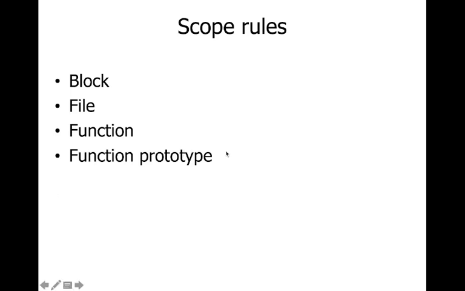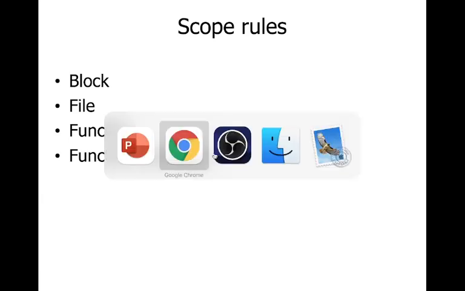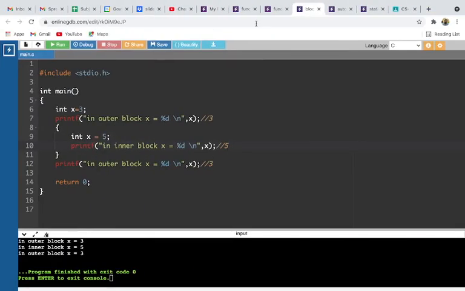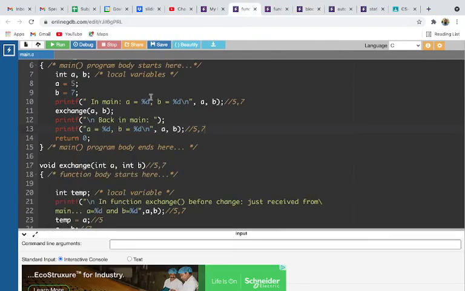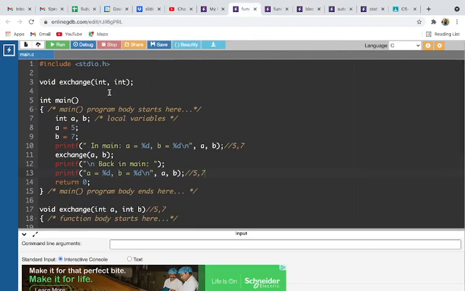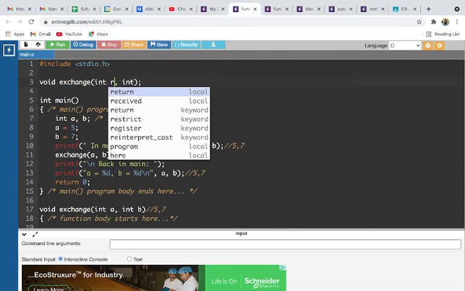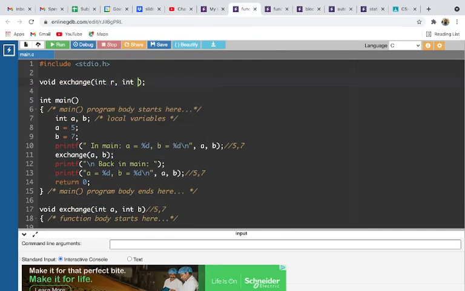Then we have function prototype scope. We have already seen different functions. We are declaring some prototype here. If I am declaring something like R and T here, using some variable names, this is known as function prototype scope.